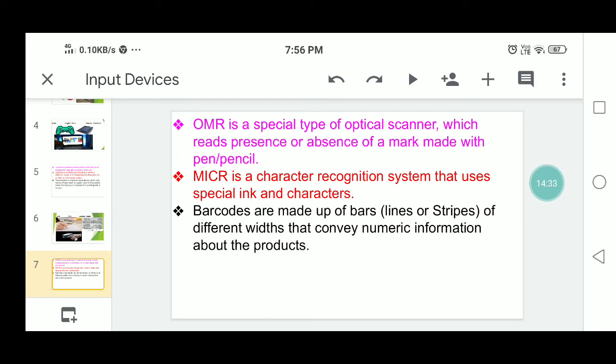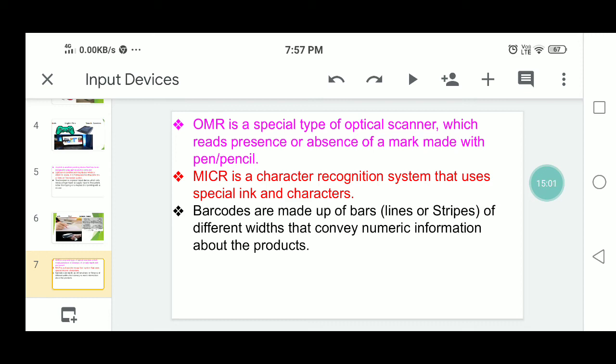The main advantage of MICR is that it is fast and less error prone. This is the magnetic ink character reader. This is the check system we are using in the banks, so for the dispatching of checkbooks to the customers, that is the MICR checks.